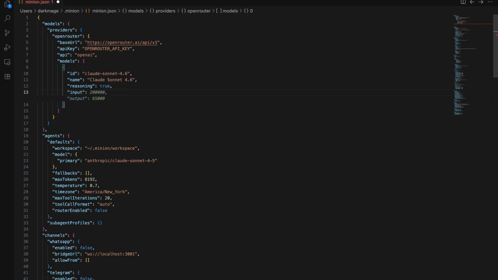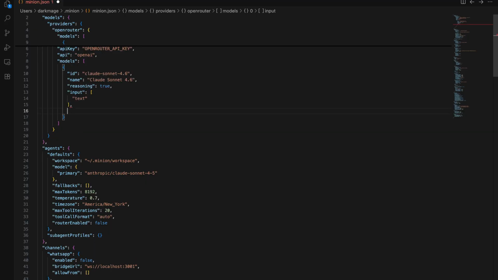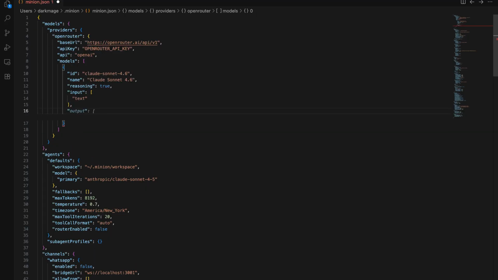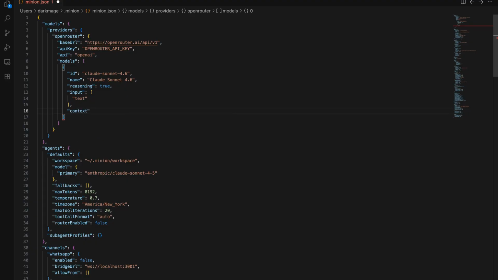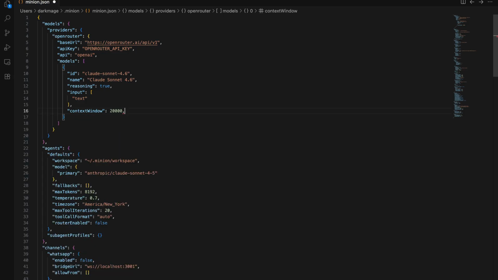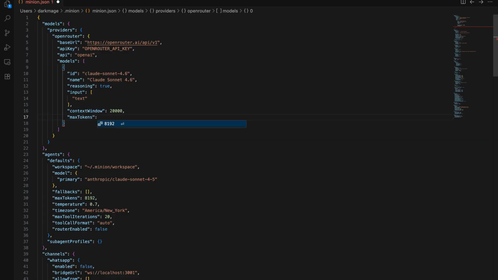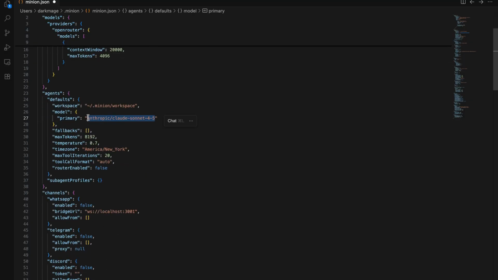Then we want our context window, which is going to be 200,000, and we want max tokens to be 4096. Then we'll go to this, then replace this with what we pasted in before,